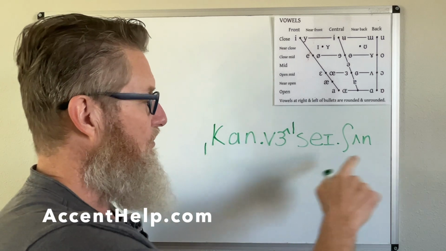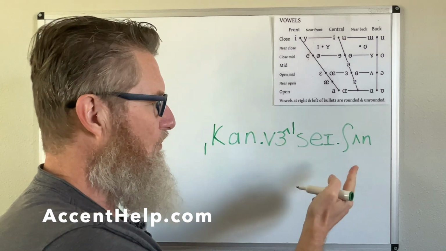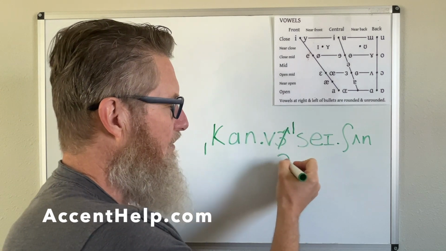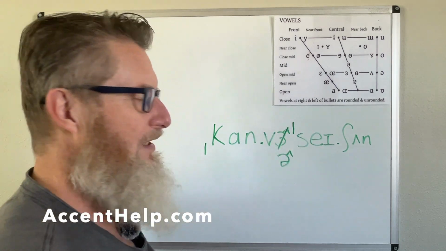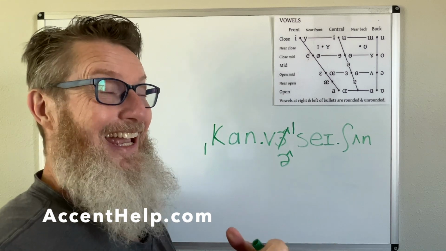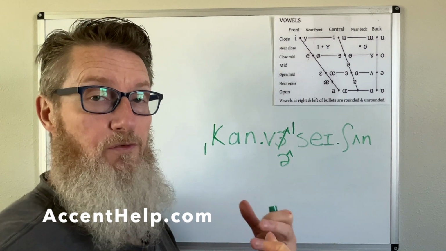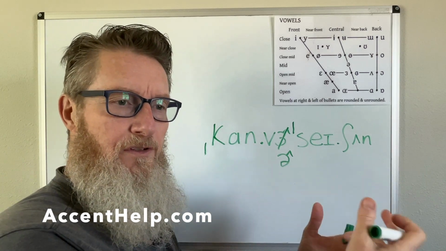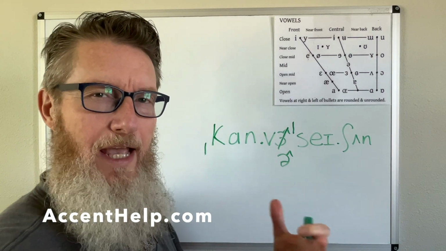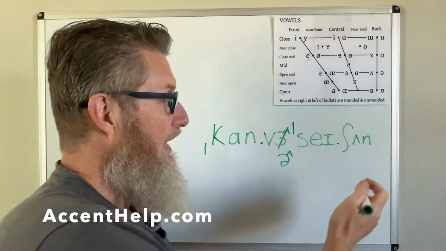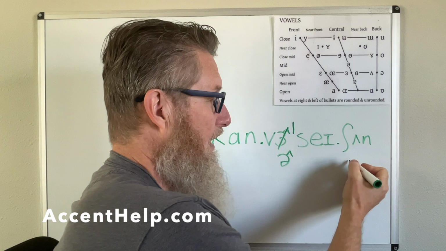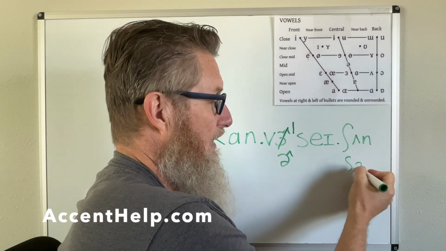So this one will be reduced because it's a very unstressed syllable. So rather than this, it will tend to be a schwa rhoticity. And some people, even rhotic speakers, will sometimes drop that R, and it doesn't even quite get to that R sound. And instead of shun, this strong version, you may get a reduction to something like a